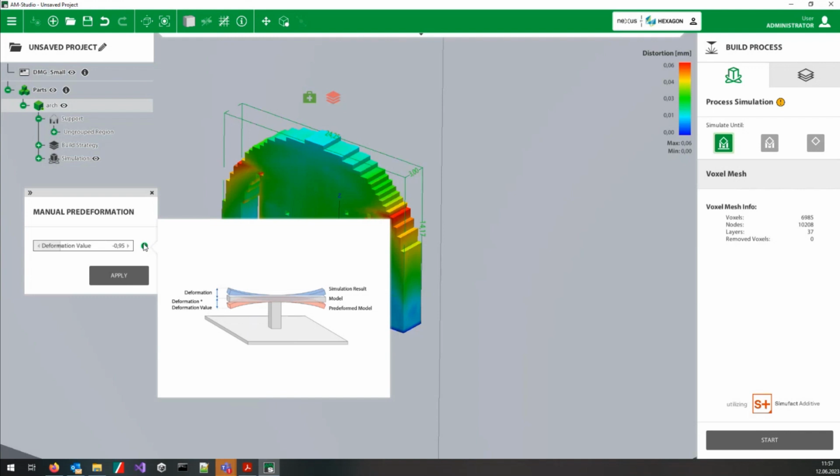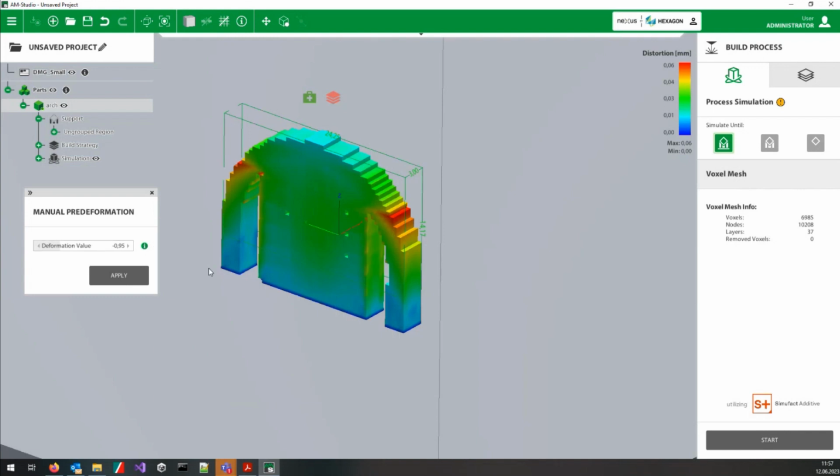So that means if you want the part which comes out after the cooling down and all the stuff to be correct, you have to deform the part in the other way around. That's why the minus comes here. So for every voxel, for every distortion calculated, you will apply the opposite of the deformation, so it will come out correctly afterwards. So if I press the apply button here,